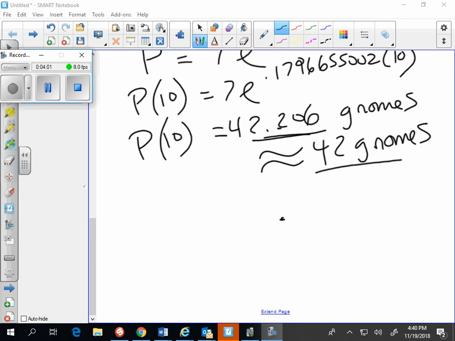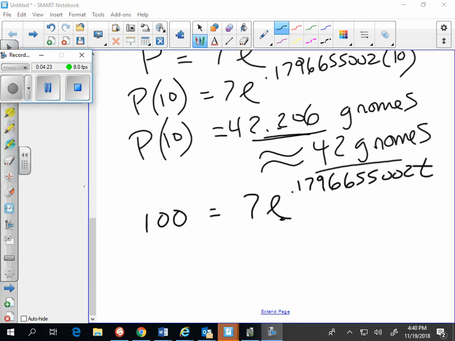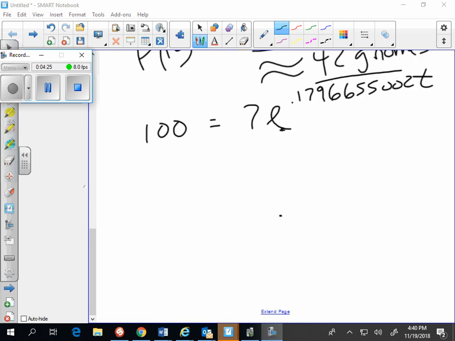Okay, and then the last question we have here is, when will we have 100 garden gnomes? Well, is 100 a time or a number of gnomes, a population of gnomes? It's a p. So I'm going to plug in my 100 over here for population, 7 e raised to the 0.1796655002t. And I need to solve this equation for time. So let's go about doing that. We'll first divide by 7. And then we'll have 100 over 7 equals e to the